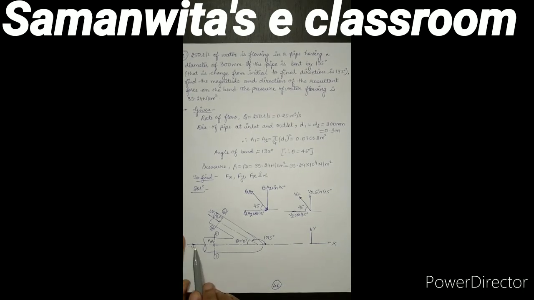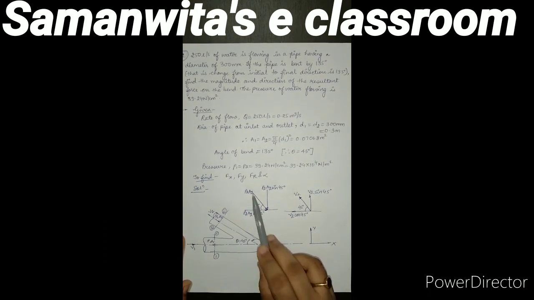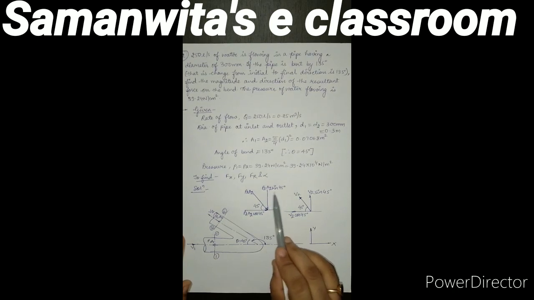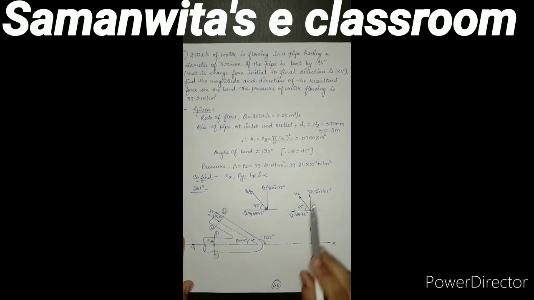Now I am marking V1 as the inlet velocity, V2 as the outlet velocity. I have marked section 1 and 2. On section 1, the total pressure force is P1A1. At section 2, the total pressure force exerted will be P2A2. Now these P2A2 and V2 are at an angle of 45 degree with respect to horizontal. So this is the resultant value and I need to solve them in their cos and sine components. So with 45 degree, this P2A2 becomes P2A2 cos 45 and the sine component is P2A2 sine 45. Similarly, V2 has been resolved over here.